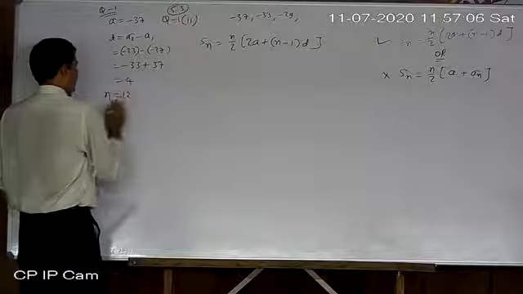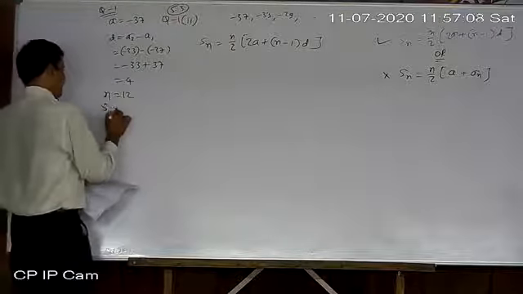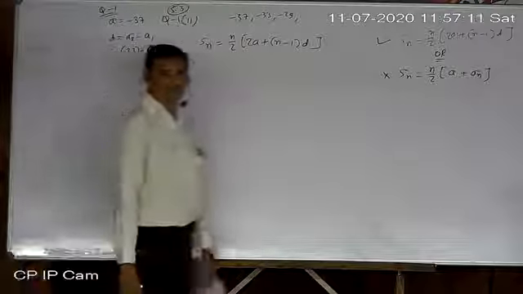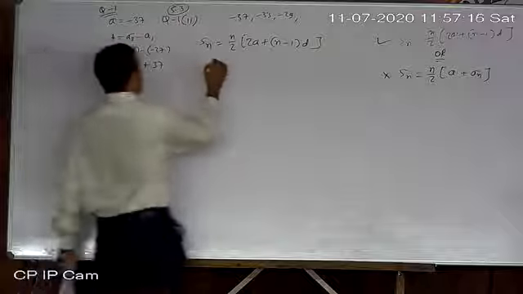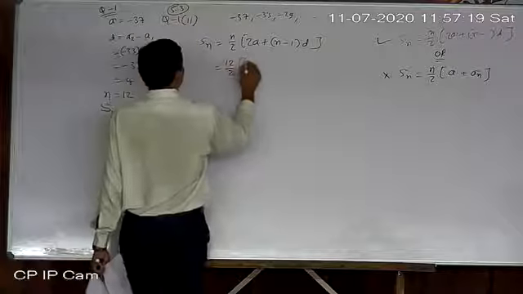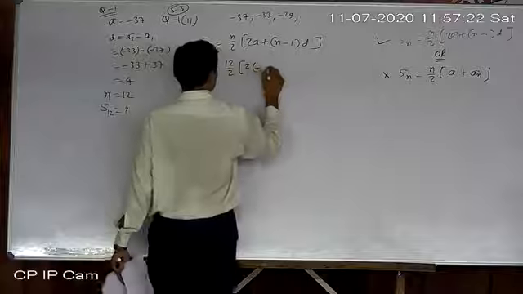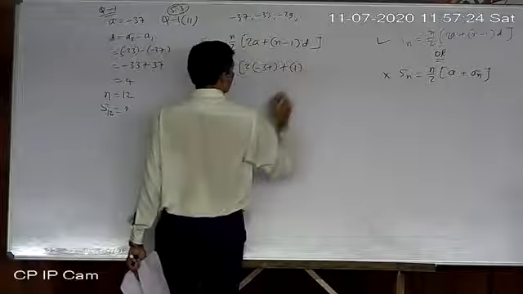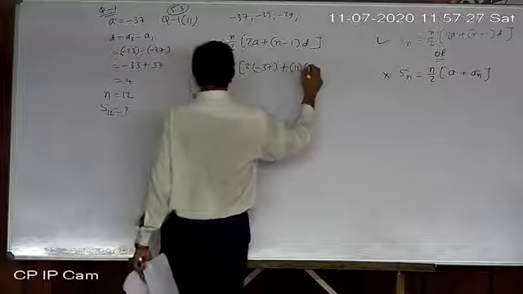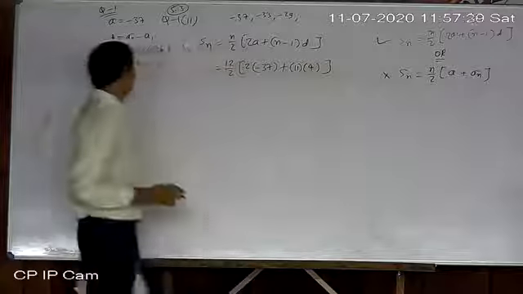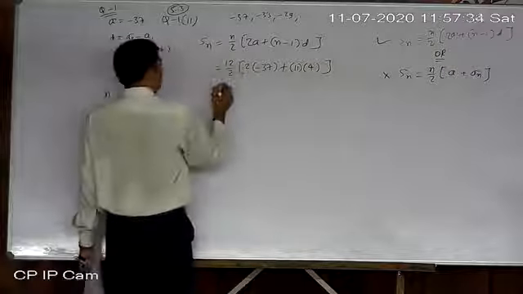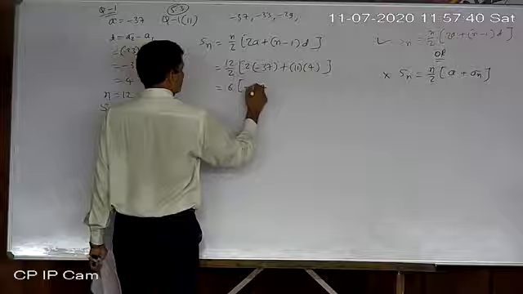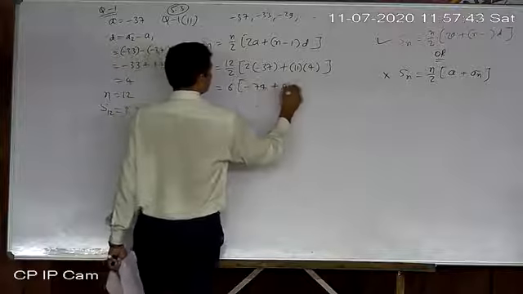And they have given n as 12, and we want to find Sn, meaning S12. Same way only, just place our values and simplify. So now 12 upon 2, 2 into minus 37 plus 12 minus 1, writing directly 11, and this is 4. Now 12 upon 2 becomes 6. Then minus 74 plus 44.